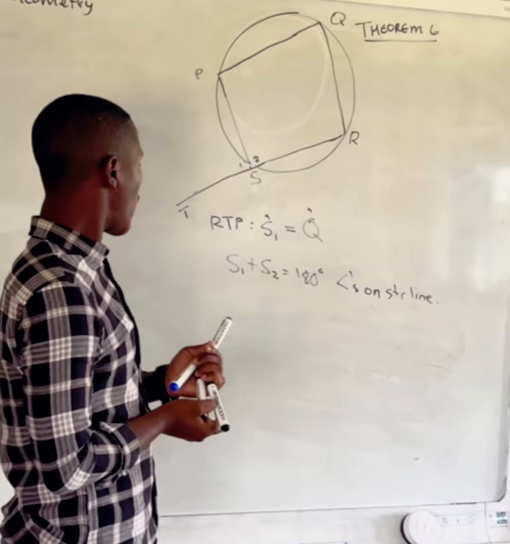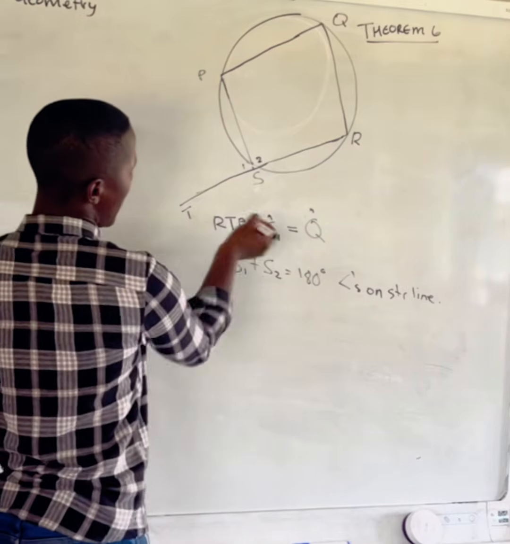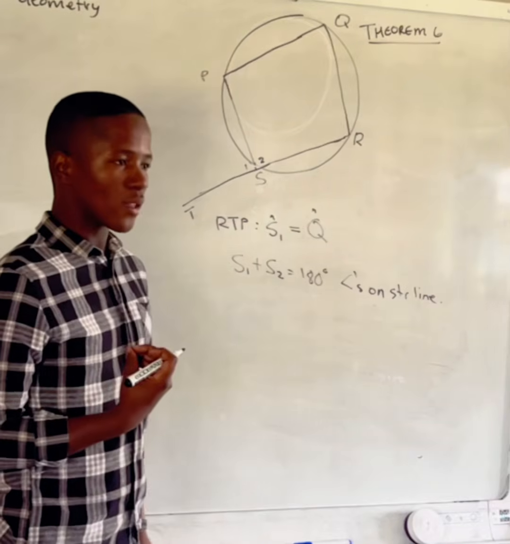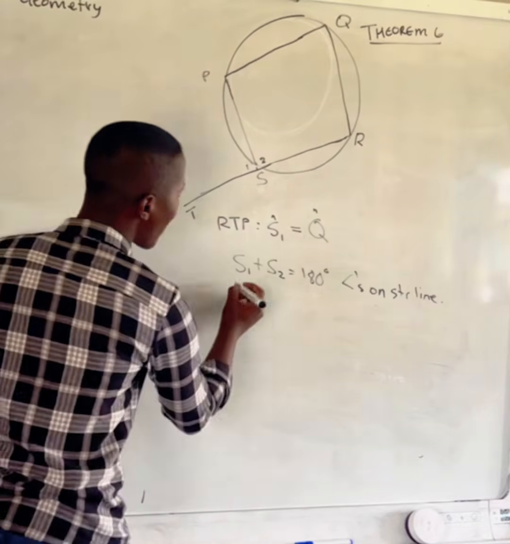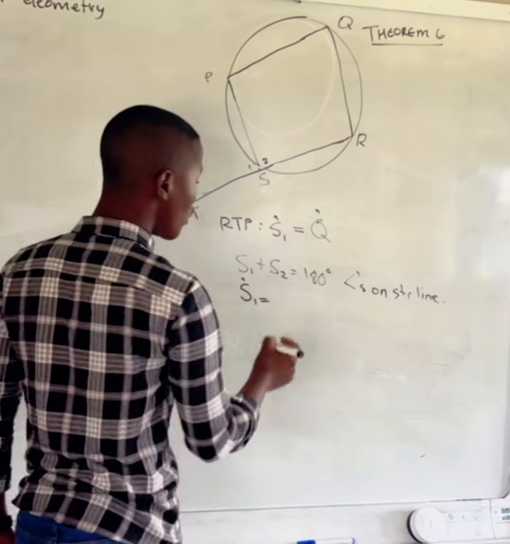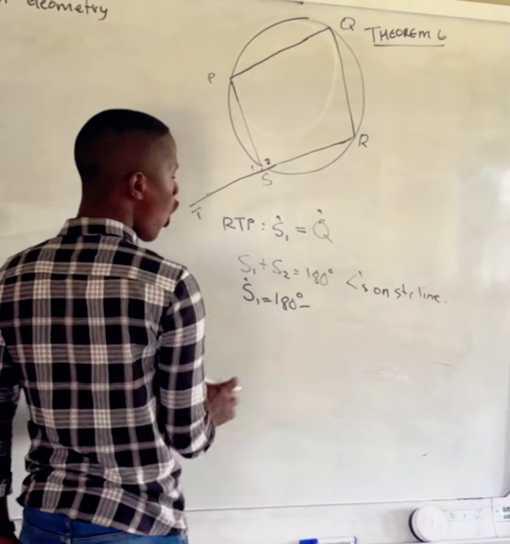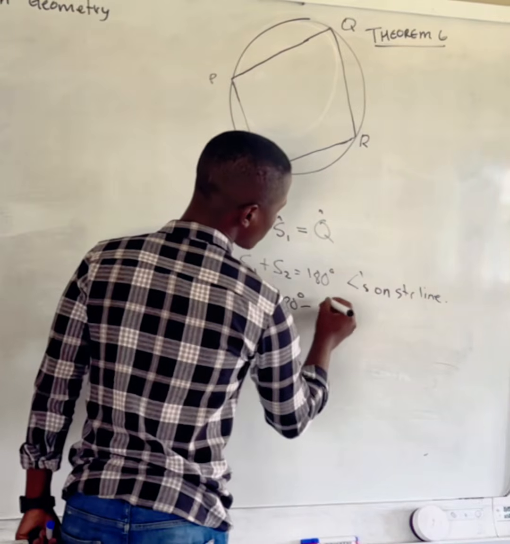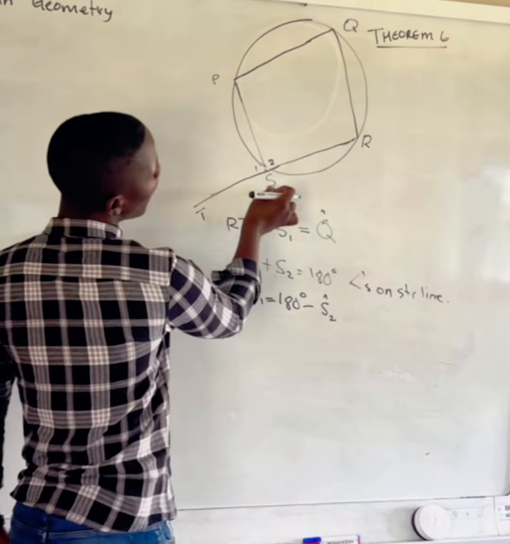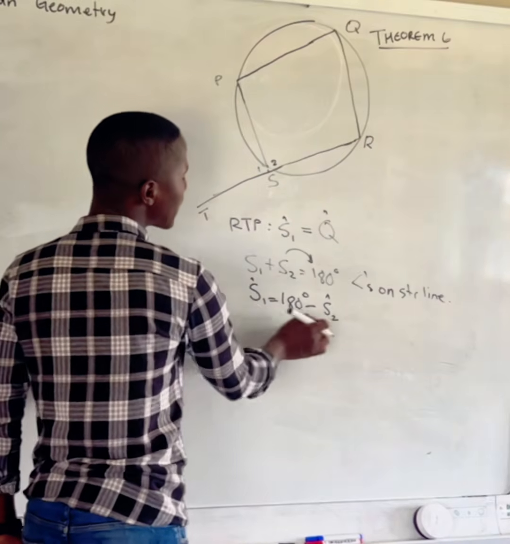Now, we are also going to say, if you are saying S1 plus S2, we are saying this is 180 degrees. But look at this one. Therefore, your angle S1 is going to be equal to 180 degrees subtract what? When you transpose this one, subtract angle S2. Isn't it so? This is because if you transpose this one this side, it becomes your S1 equals 180 degrees,